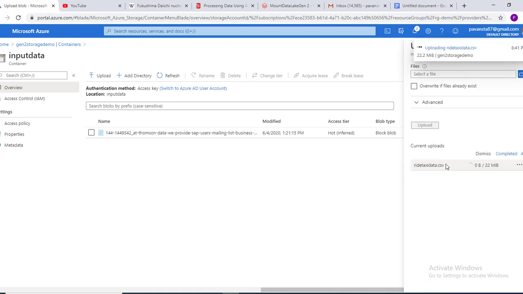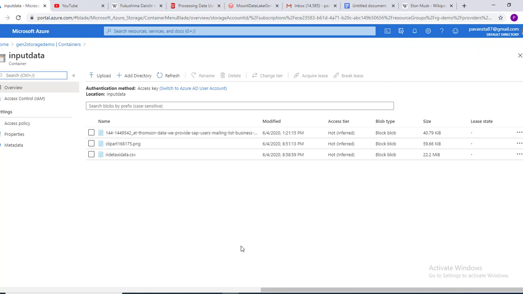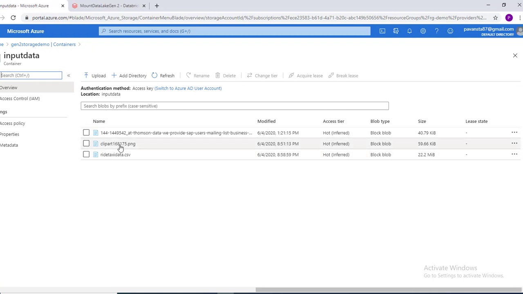This is the file. I'll upload the file. It will take some time to upload. The CSV file is uploaded into the container, which we will be using for processing and analysis. On this input CSV file, we'll do some analysis and processing in Databricks.